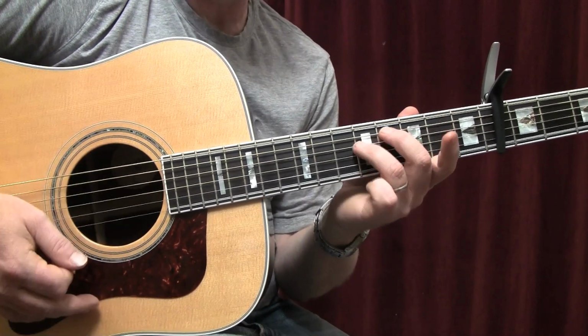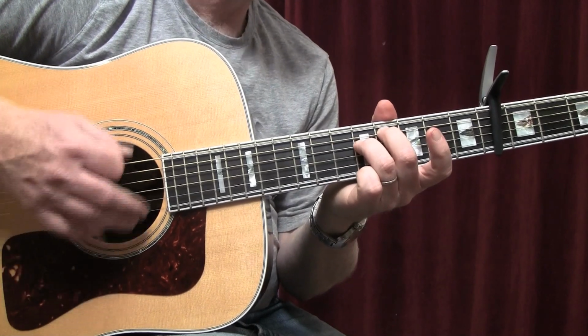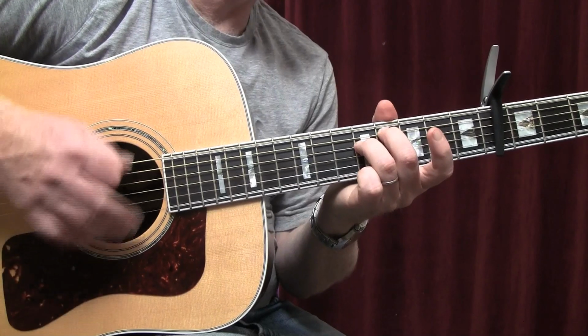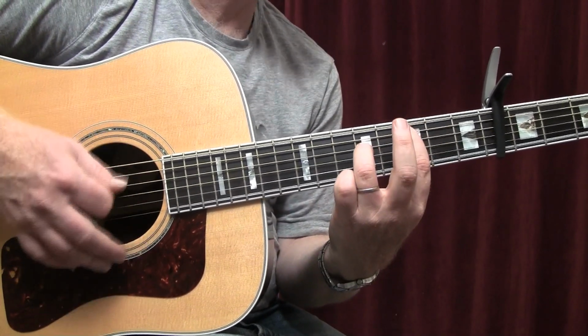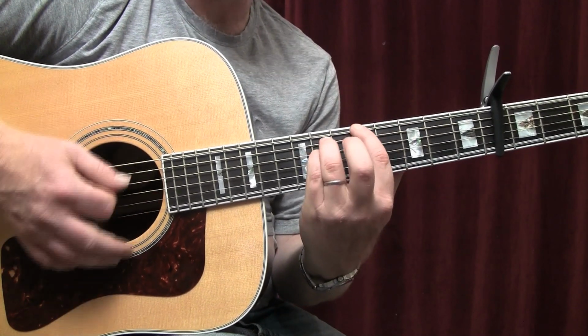Then we come back to the E flat minor 7, and we stay there for another couple measures. Over to the D major 7, and then we move back into the verse,